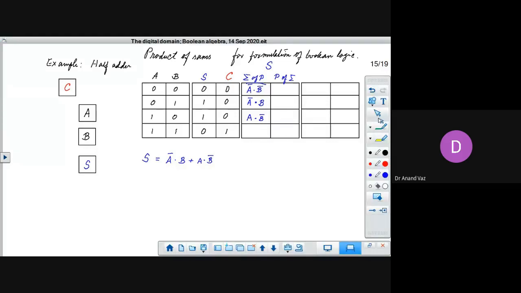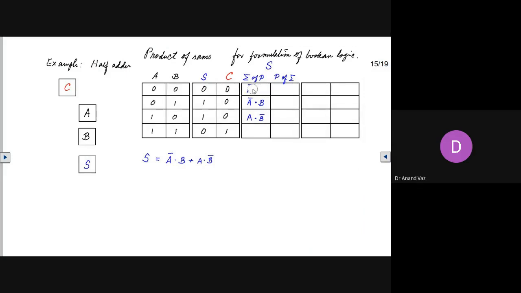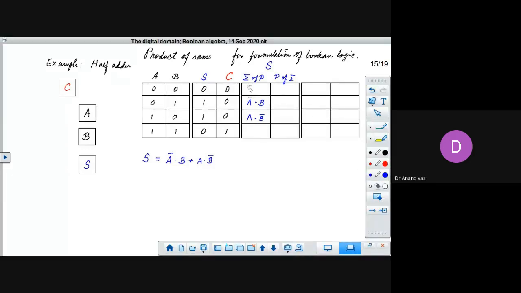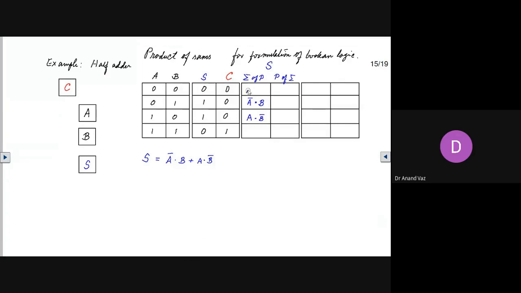It's exceeding the space. I'll write a little smaller. So here we have not A and not B. If we use this as a fundamental product, we will get 1. But if we complement this fundamental product, we will get 0.